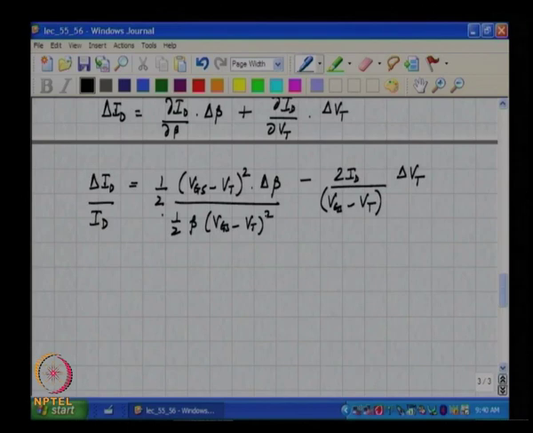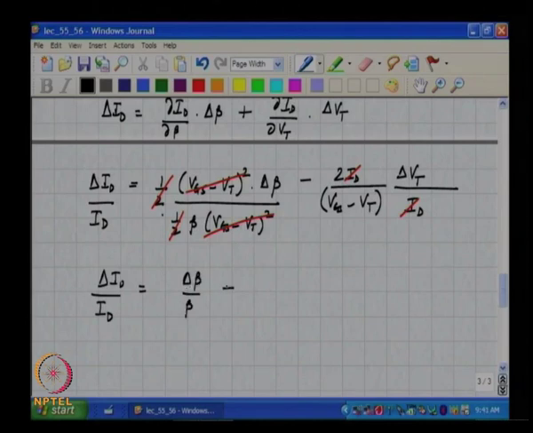VT whole square, and this is 1/2 beta into VGS minus, I will just call this ID, and we see that this goes away and this goes away, leading to delta ID over ID is delta beta by beta minus 2 delta Vt by Vgs minus Vt the whole square. I am sorry, Vgs minus Vt. Okay. And this makes intuitive sense,